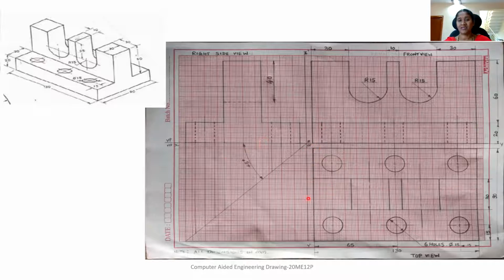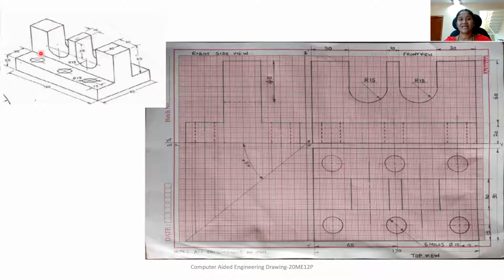So first you draw a vertical projector from this end. Again, you draw a vertical projector from this end. Now at some suitable distance from the XY line, you draw a horizontal line to join these two vertical lines. So this width will be 130 mm. Now what can I see if I observe from the top? What is the top view? The top view is nothing but one rectangle of length 130 mm, and the width of this rectangle is indicated here. It is 90 mm.